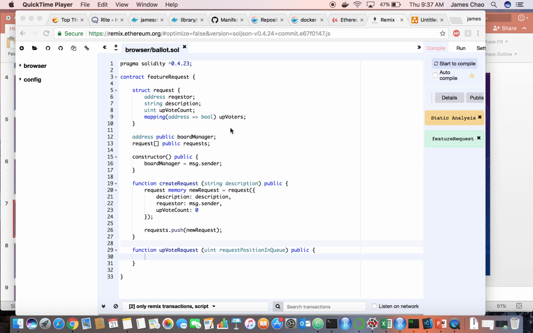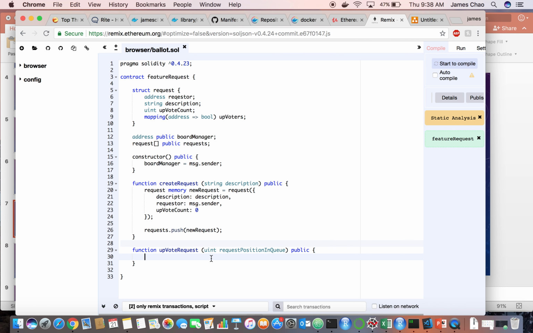Finally, I would like to point out our function upvoteRequest. Here we're basically saying that the user that wants to upvote is able to come to this contract and look at the array of requests, and they will know which number in the array is the request they want to upvote. In reality, this is probably not the best design, but for simplicity and to keep this lecture at a level where it doesn't get overly complicated and take a lot of time, this is what we are going